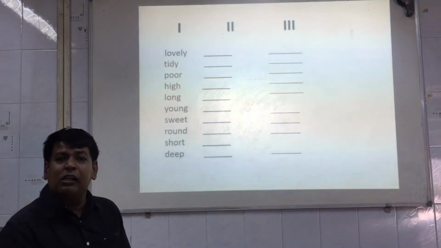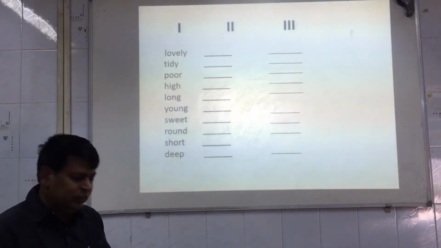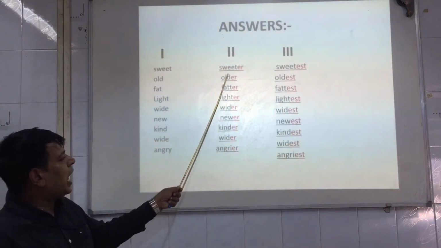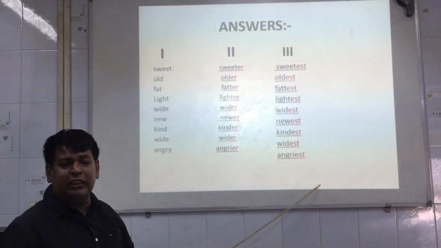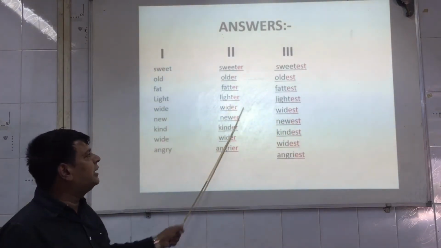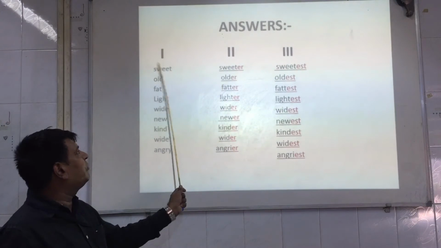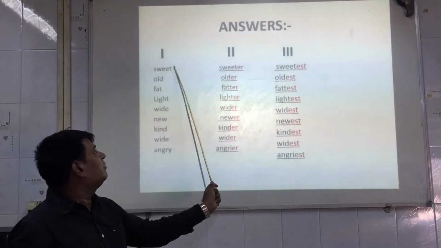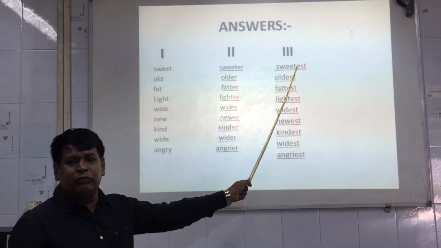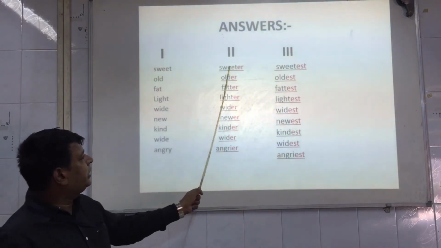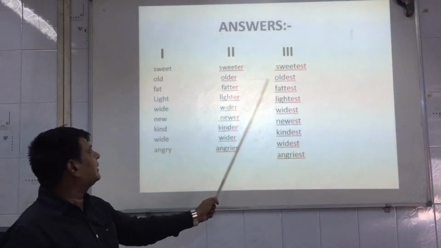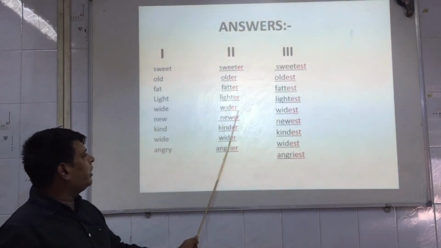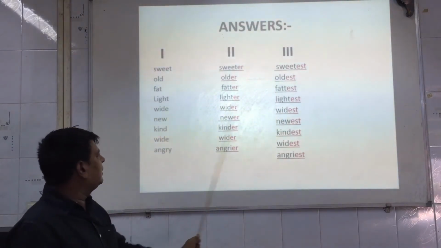Now I will show you all the answers which we have just discussed. Just see the answers. Here I have mentioned all the answers which we have discussed just now. You can just have a glance over it. Here er has been added to the base form in the comparative degree, and est has been added to the base form in the superlative form. So, sweet, sweeter, sweetest, old, older, oldest, fat, fatter, fattest, light, lighter, lightest, wide, wider, widest, new, newer, newest, kind,